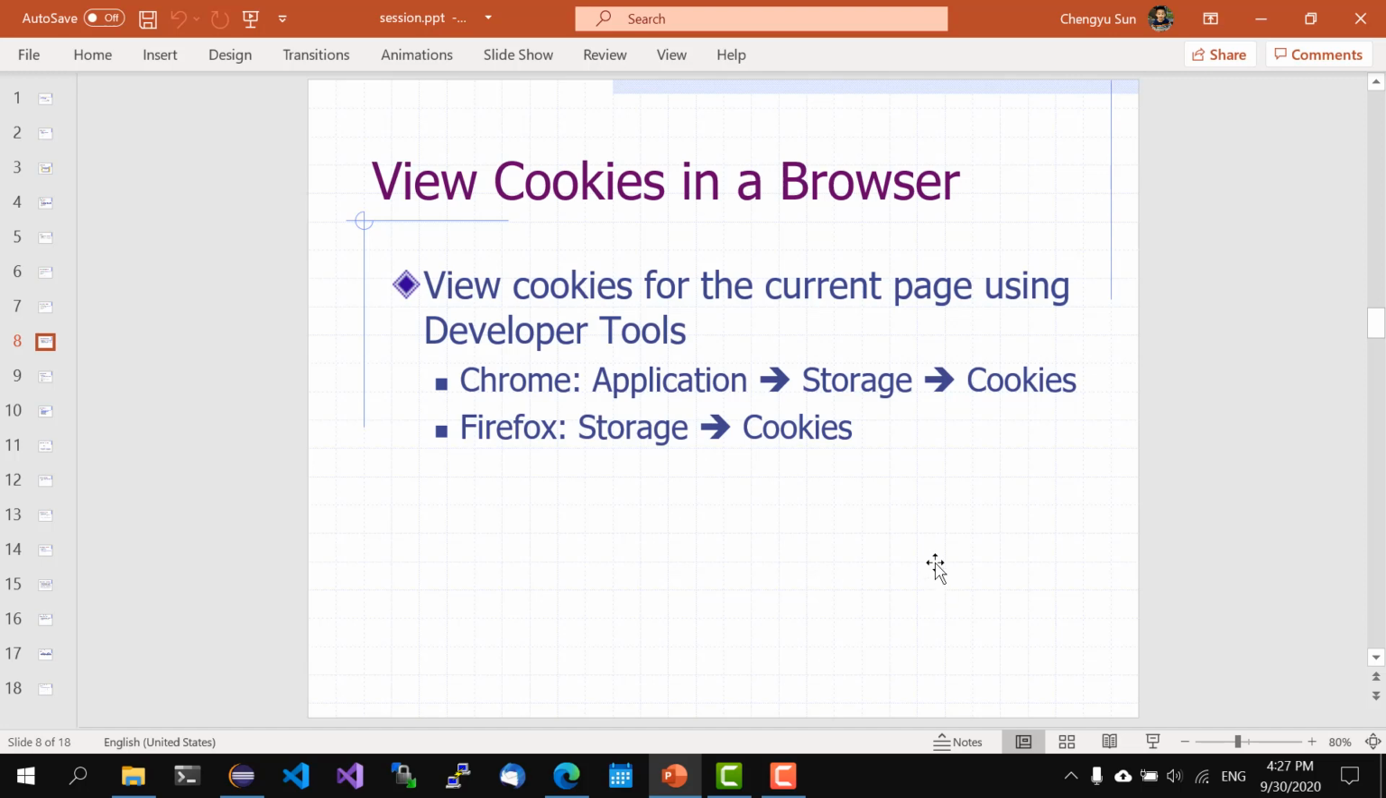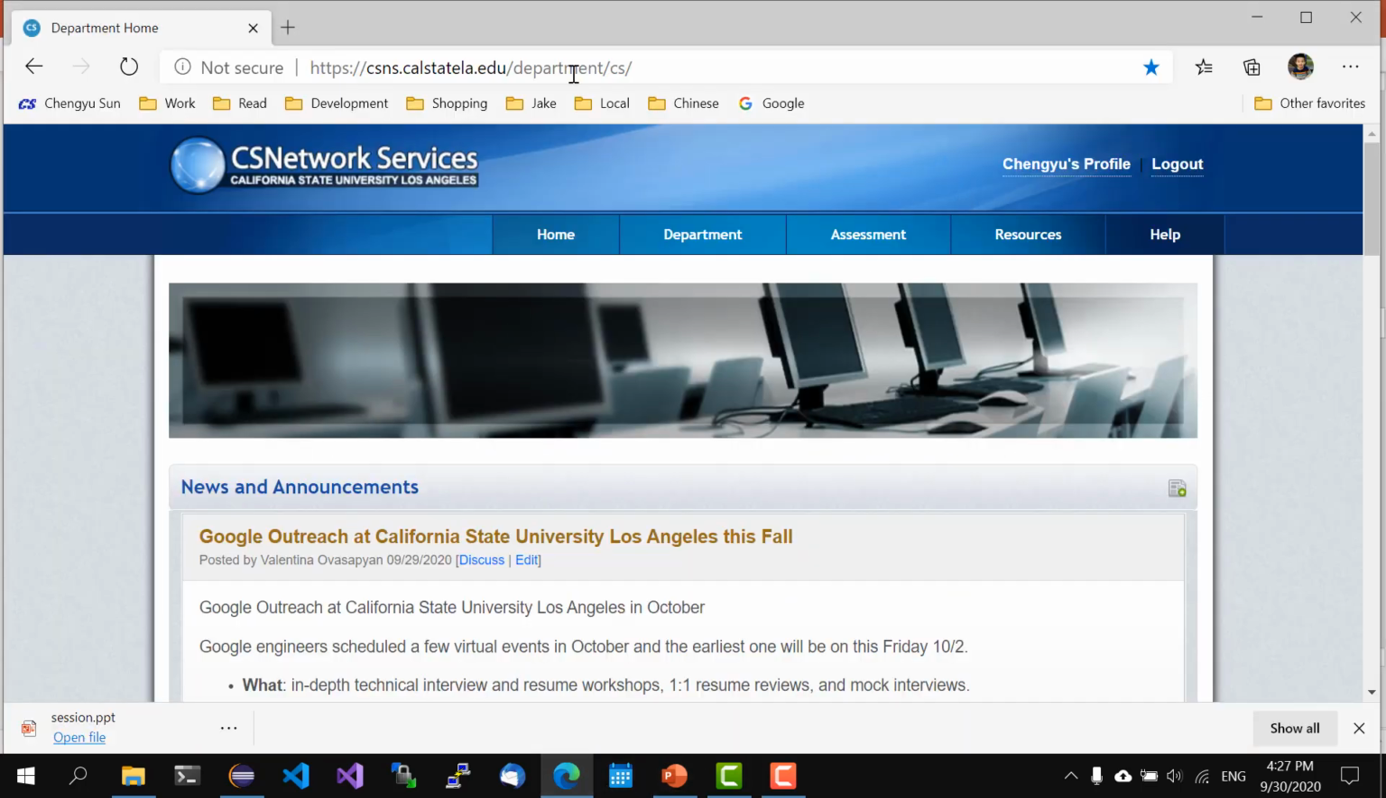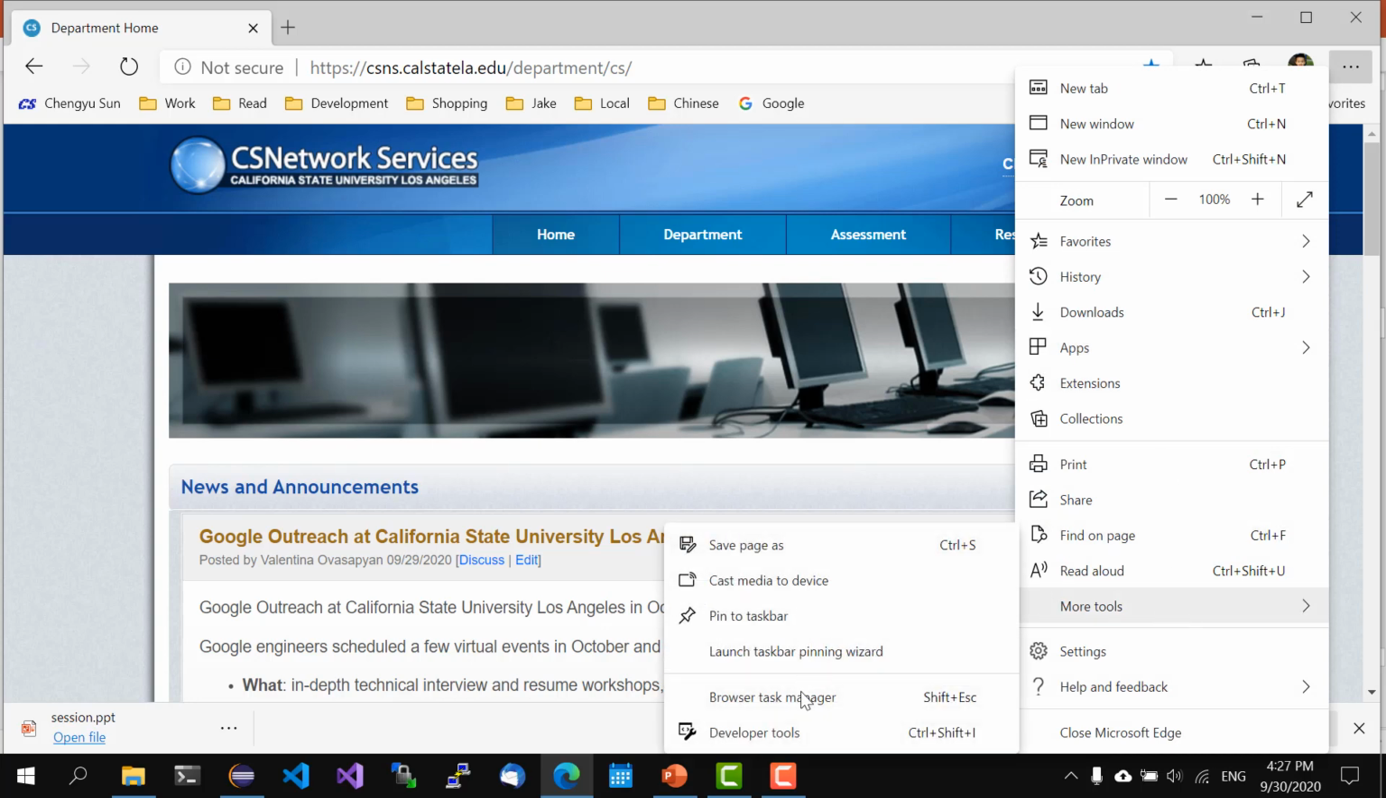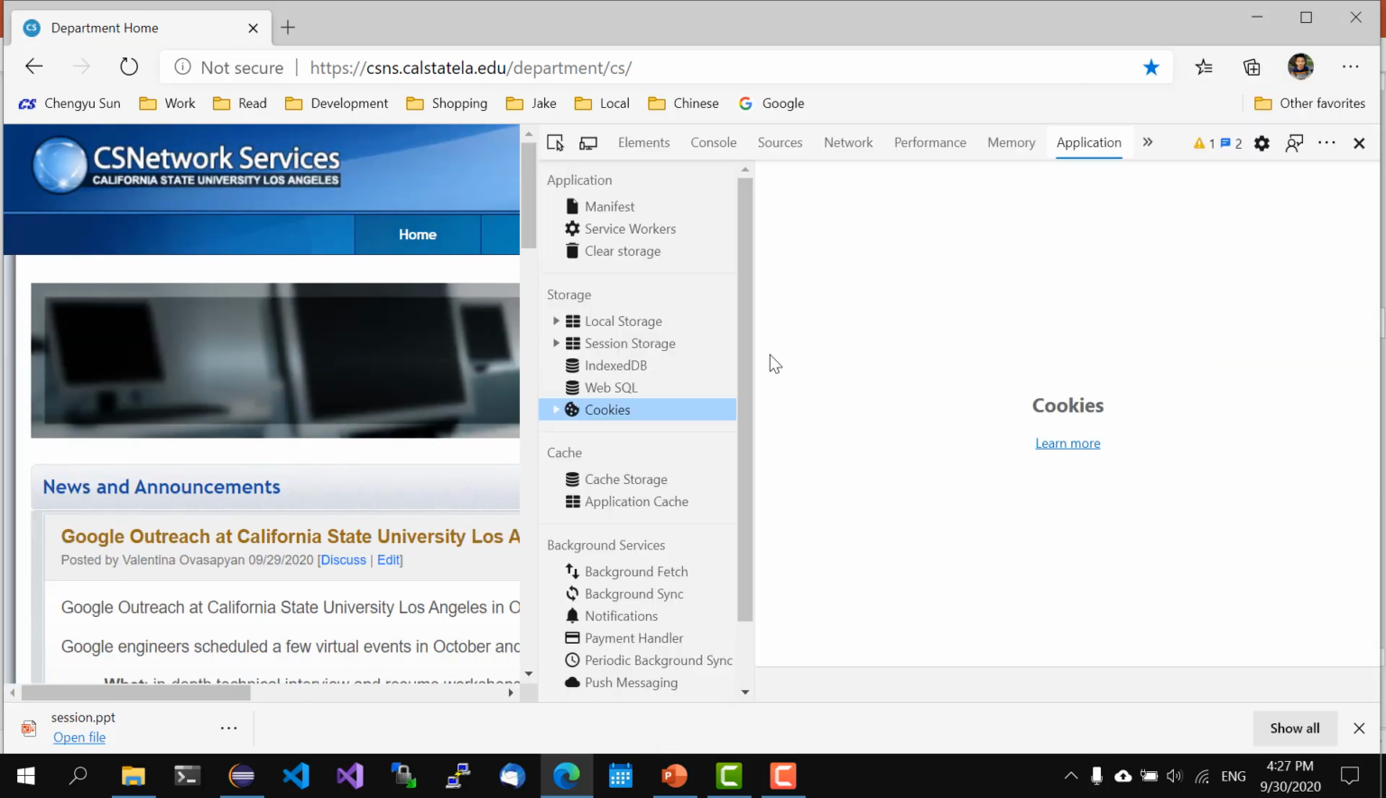You can see the cookies set for a page using the developer tools of your browser. For example, this is CSNS, and CSNS sets several cookies. We can see the cookies by going to developer tools and the Application tab. Under the Application tab, there are a bunch of things, including cookies. If we expand it here, we can see the cookies set by this page,